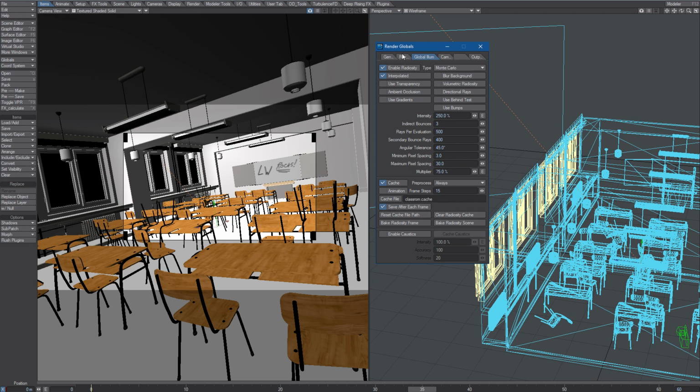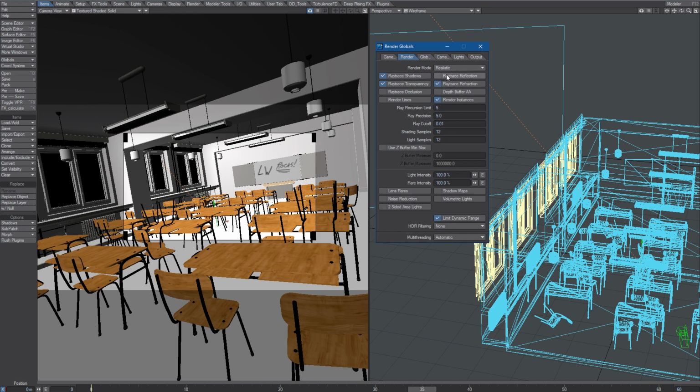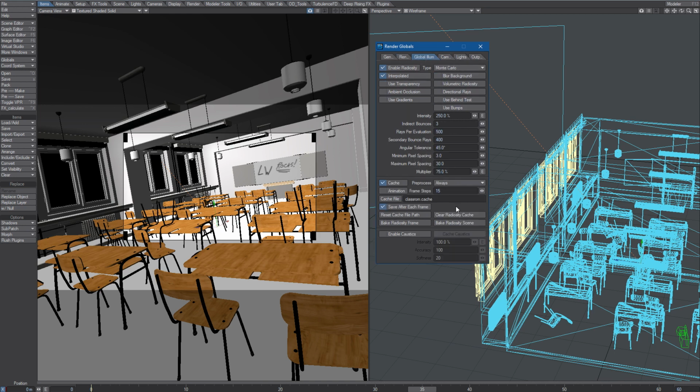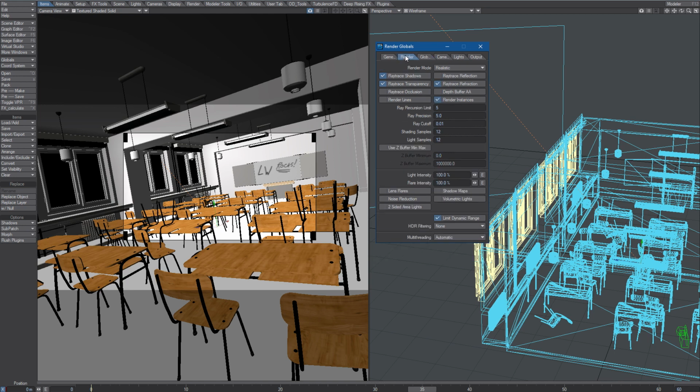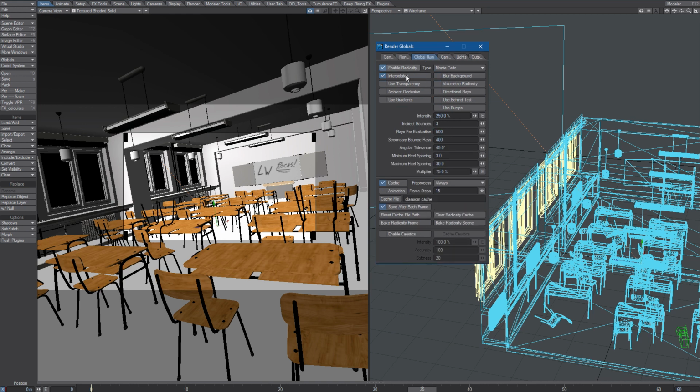But the most important thing was to turn this off, because or else the GI will actually include reflections, and that will take much longer to calculate. So that's not really necessary at all, at least in 90% of the cases, or 95. Okay, so